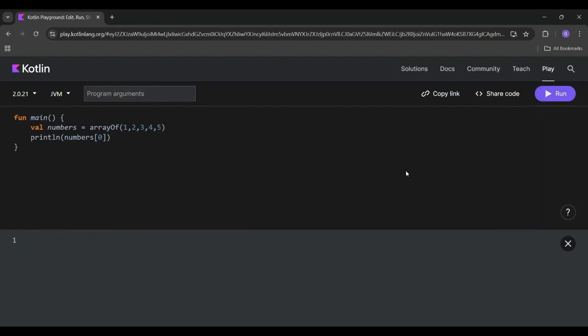Coming to the next one, lambda. What is a lambda? A lambda expression is a concise way to define anonymous functions in Kotlin. It's used in higher order functions, that is, functions that take other functions as parameters. For example,